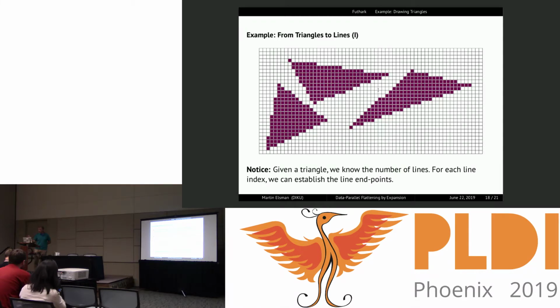One can basically have the intuition that if you have a triangle like this, we can split it into two triangles, one that has a lower line here and one that has an upper ceiling. And then we can calculate the number of lines that each of these triangles will amount to. And then given the points,